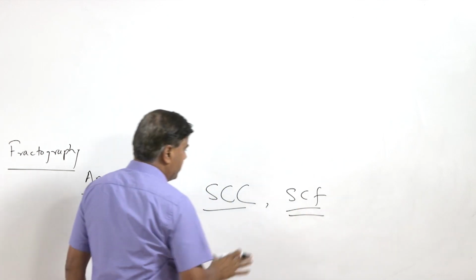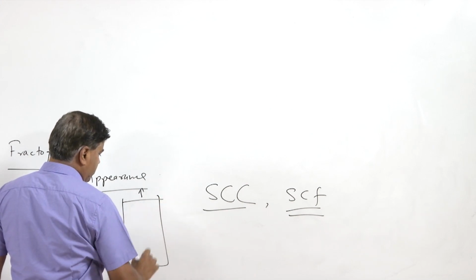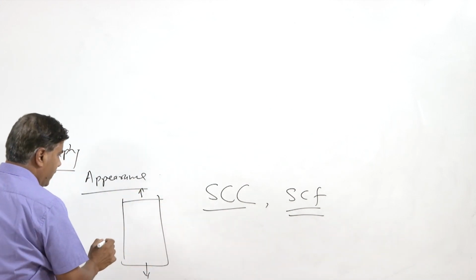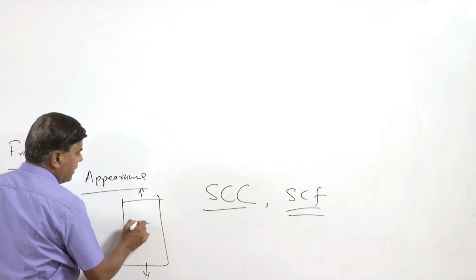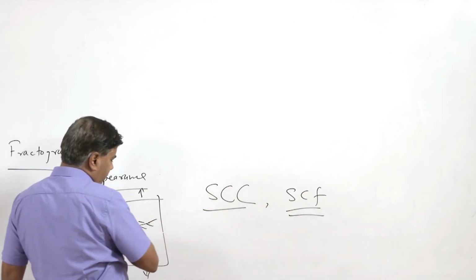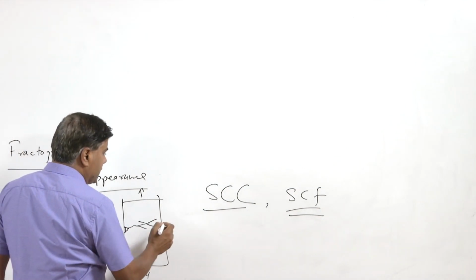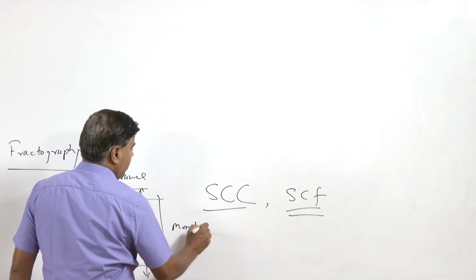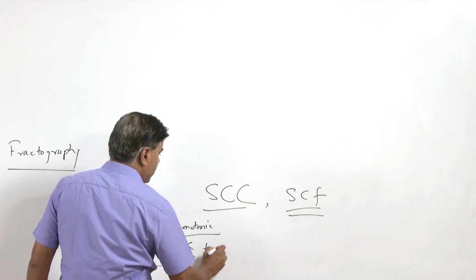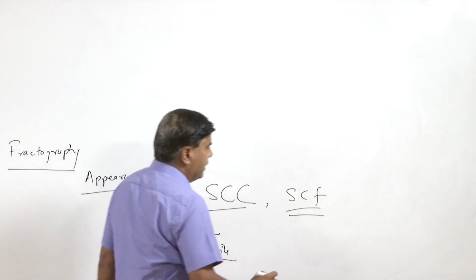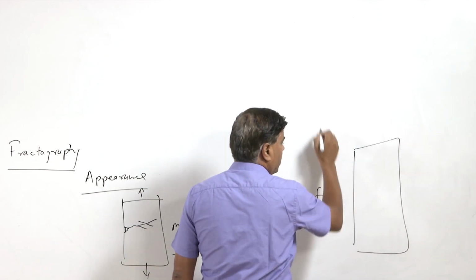So, these are the two types of fractures where, in one case, the component is subjected to external tensile stresses, and in a corrosive environment some cracks nucleate and grow in a very localized, branched manner, and then the crack will grow gradually and eventually fracture will take place. So, in this case the load is monotonic. In case of stress corrosion cracking, of course, it has to be tensile, and on the other hand, when the component is exposed to the corrosive environment,